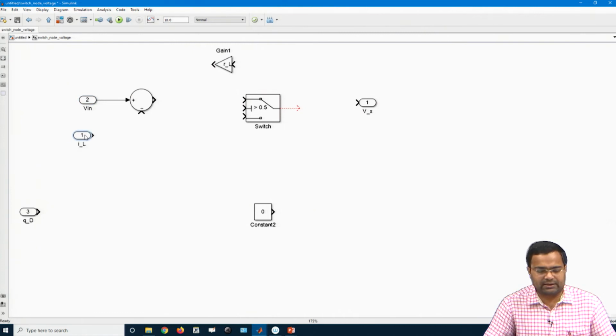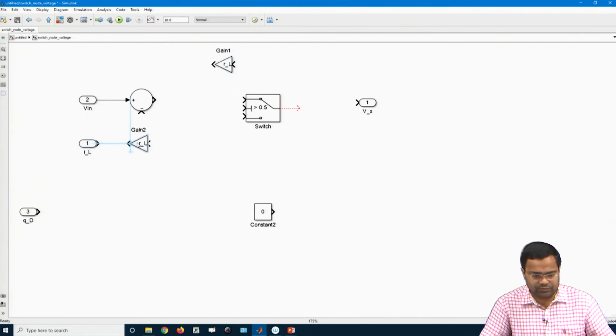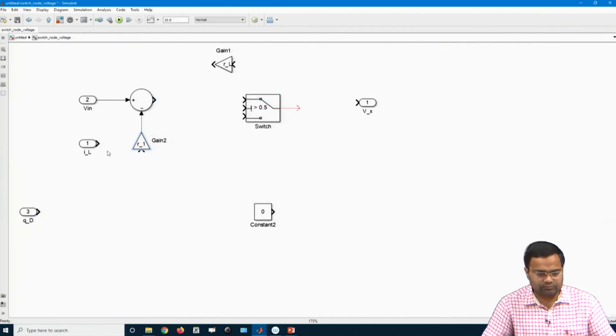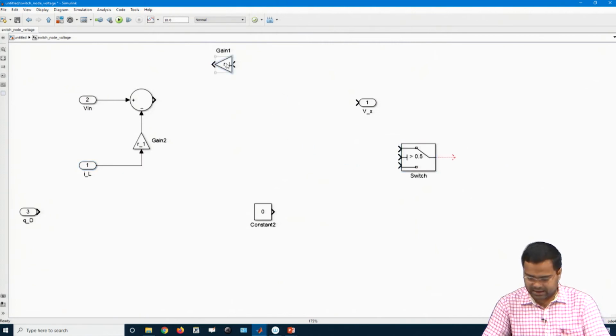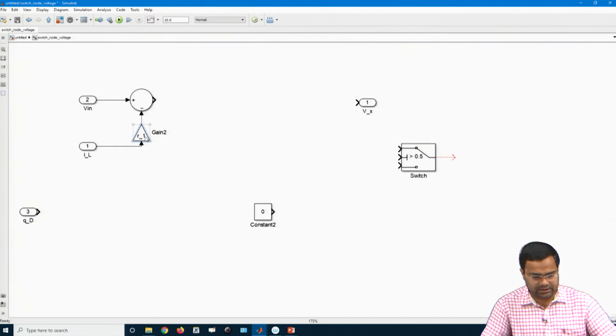Then what is there? I want IL into R1. IL into R1 is my other one, and this is my first one. In fact, I can use it like this.